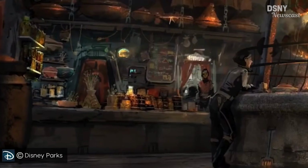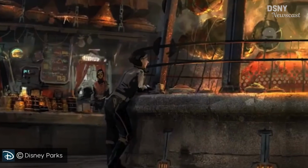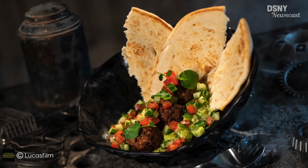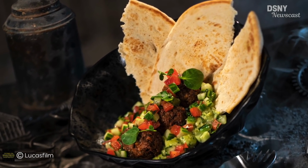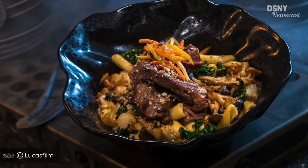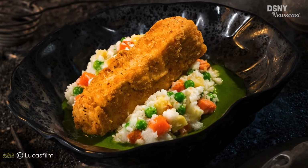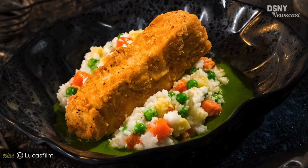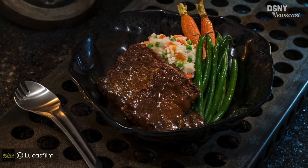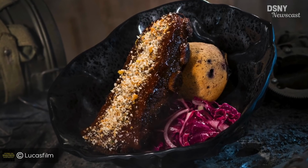But now let's move on to the vast array of food offerings at Docking Bay 7 Food and Cargo, as it will have the following menu: Felucian Garden Spread, which will be a plant-based kefta meatball dish, the Braised Shark Roast, which is a beef pot roast with cavatelli pasta, fried Endorian Tip Yip, which will consist of chicken and roasted vegetable mash, the Ethorian Garden Loaf, a plant-based meatloaf dish, the smoked Cadu ribs, which personally to me look